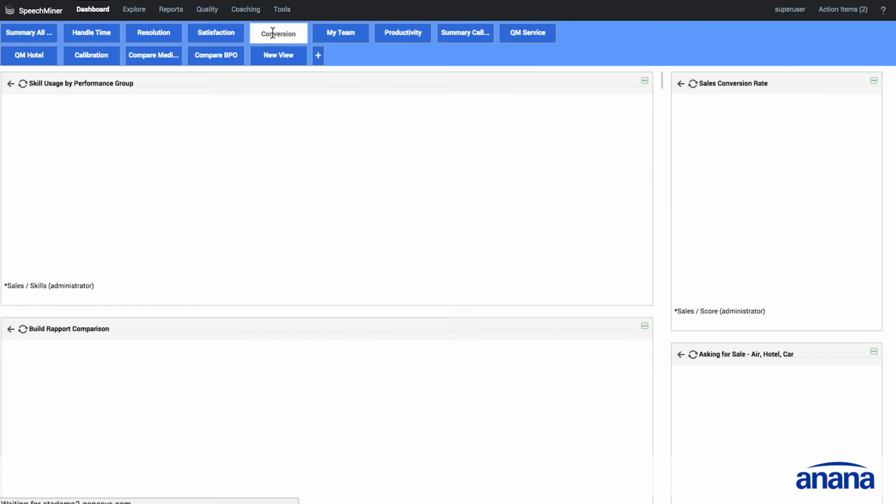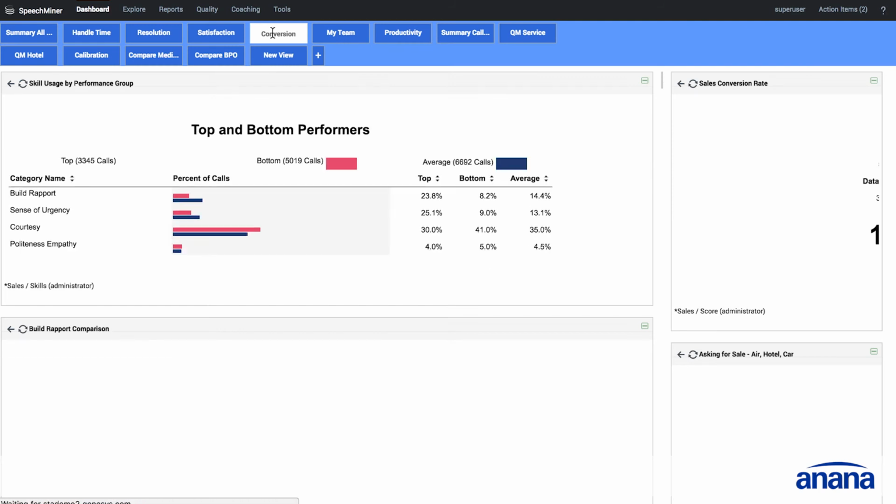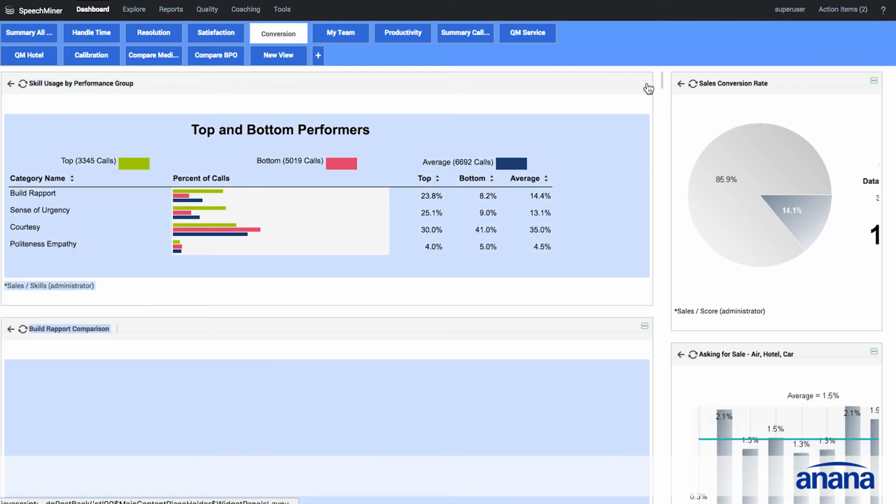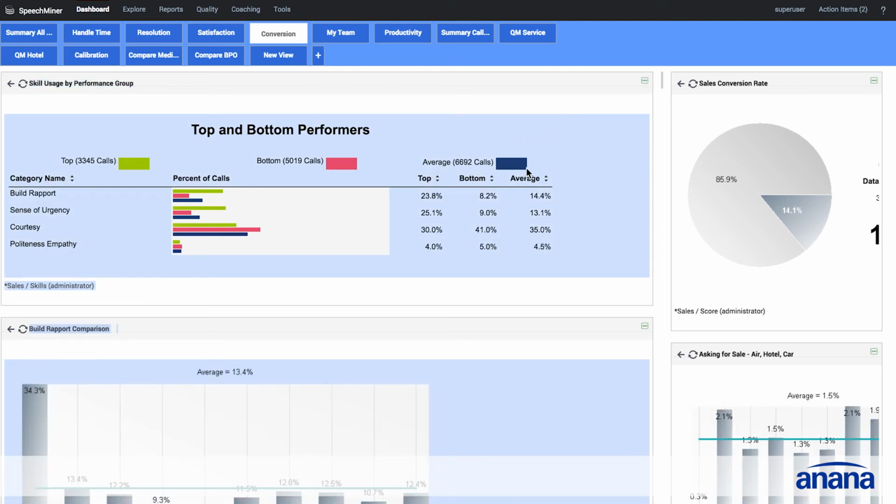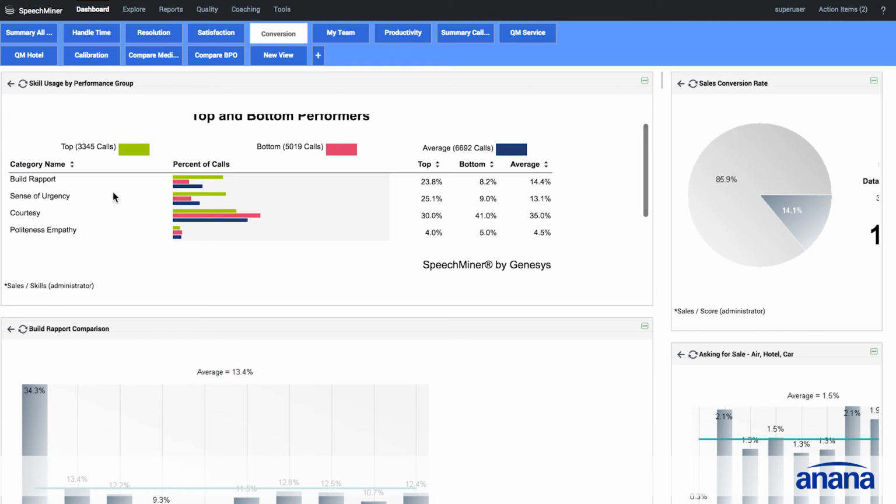Let's move along to the conversion tab, and this is where clients want to improve sales effectiveness. This can be new customer acquisition, it can be upsell, cross-sell, customer retention. So the way this application works is the system is taught to recognize different types of sales skills. So you'll see here building rapport, creating a sense of urgency, courtesy, politeness, empathy. Creating a sense of urgency is where you try to get the customer to buy now versus delay and buy later. So the system is taught to recognize these various sales skills, and we can identify the best